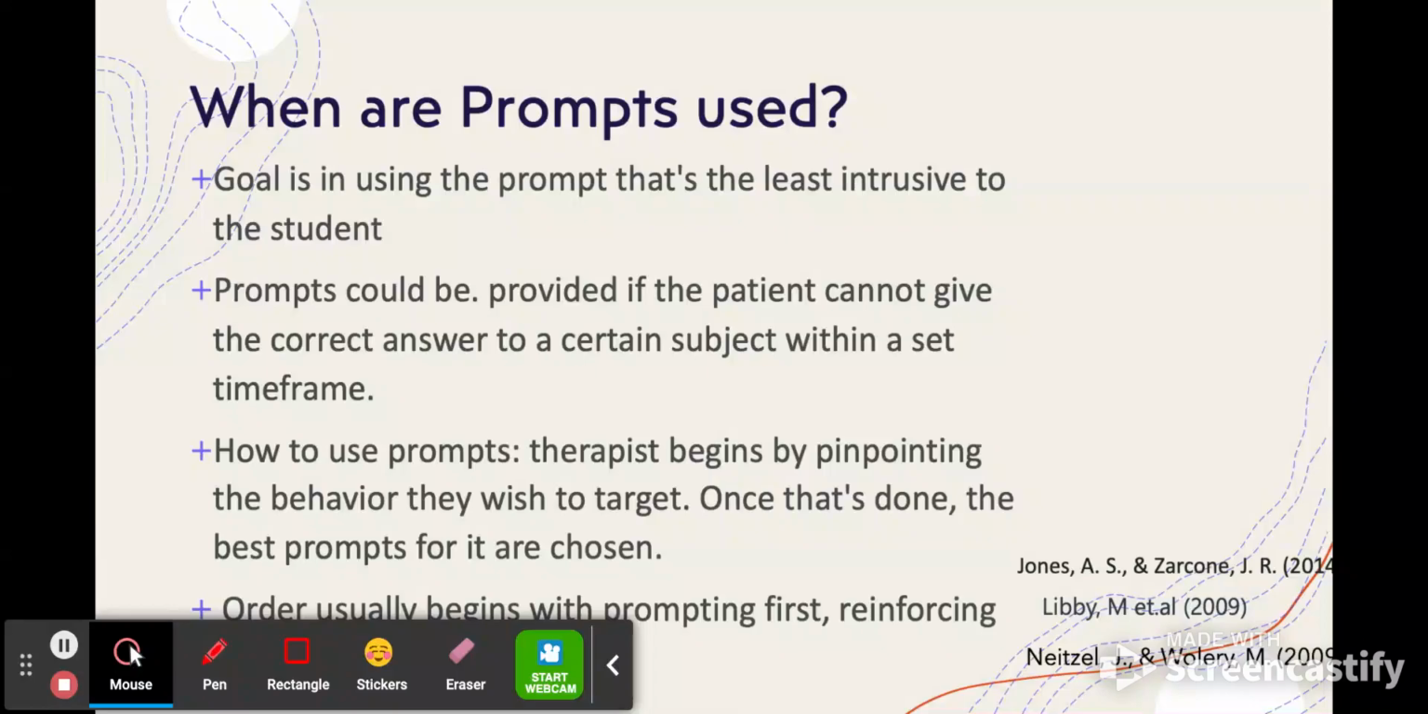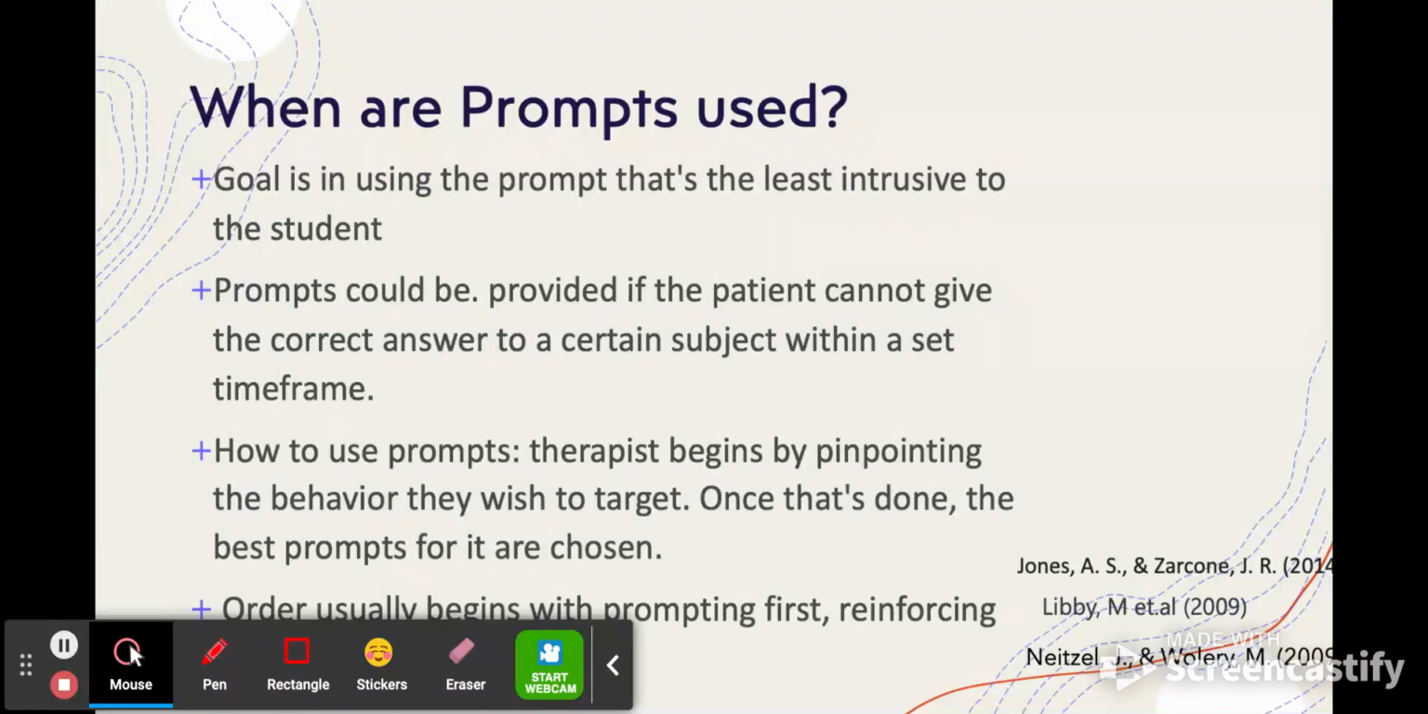So, when are prompts used? When ABA therapists use prompts, the ultimate goal is using the prompt that's the least intrusive to the student in order to get them to reach their goal. The types of prompts an ABA therapist will use can change according to different sets of factors, such as the environment of the patient. The prompts must be carefully chosen so that they know which will help the individual the most. There are circumstances where a therapist will use a prompt only if the patient provides an unfavorable response to it. The prompt could also be provided if the client cannot give the correct answer to a certain subject within